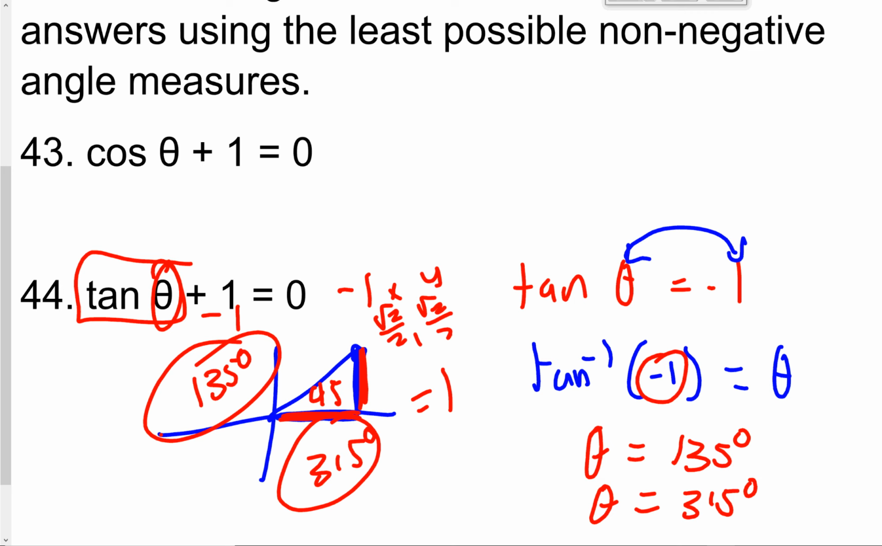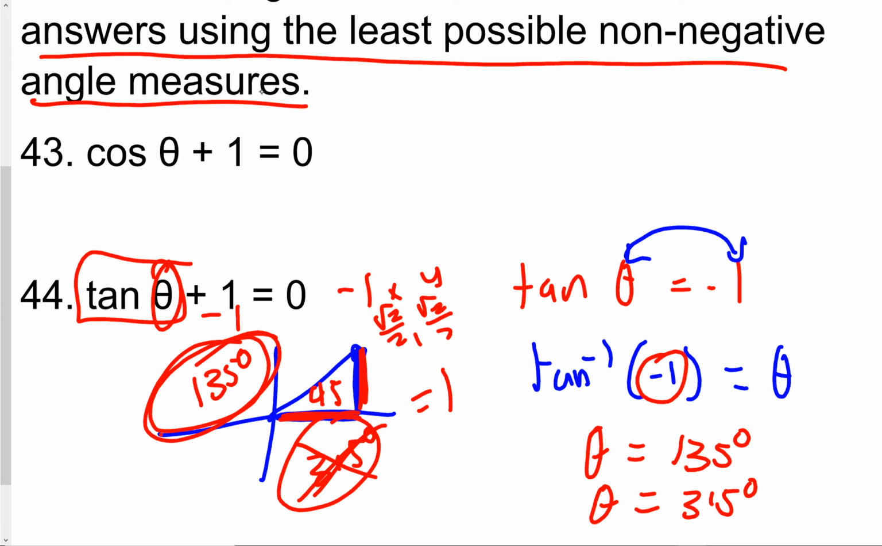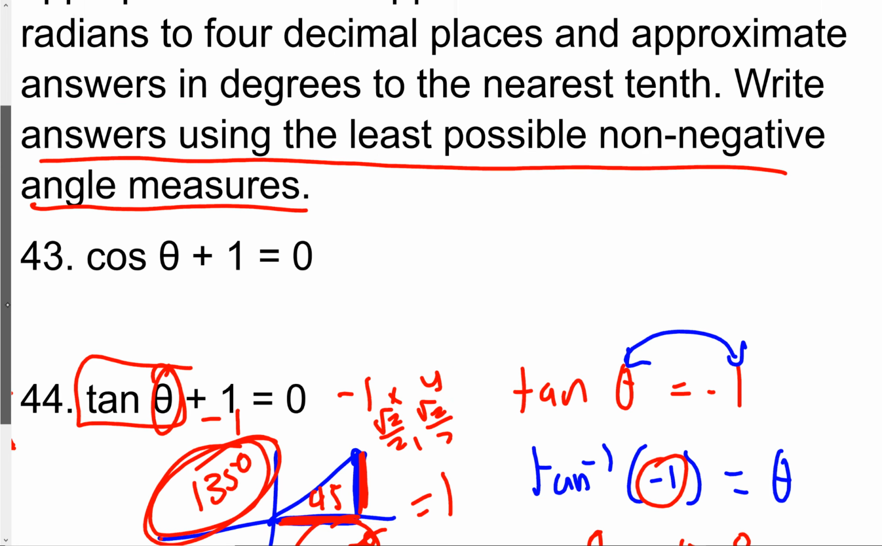Sorry, I guess it's 44. So that's like 43, sorry. I guess I also didn't answer using least positive negative measures. So the smallest one would be the 135. So I guess I don't need the 315. So least, that's why you should probably read all directions, right? So 135. And then there's also a point. So 135 is the angle. And then